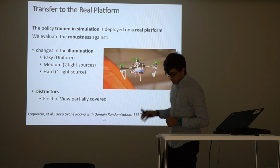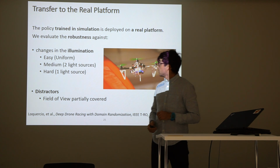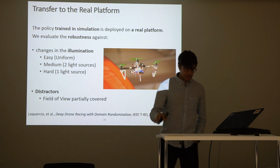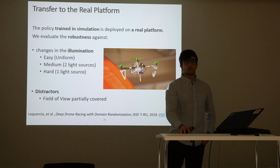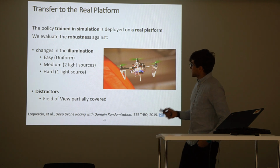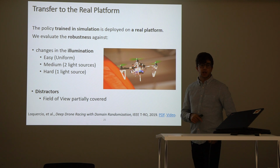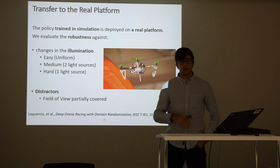We trained this policy exactly in the same way. Now the expert is only present in simulation. And then we took this policy and applied it as is to the real platform, without any changes. We tested then, again, on the same track as before, but challenging our drone to cope with difficult